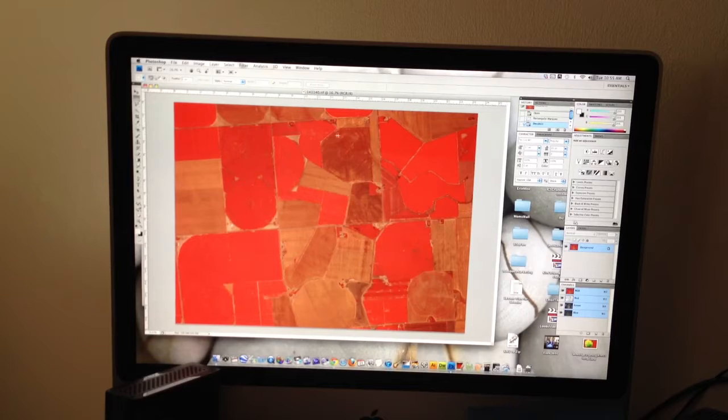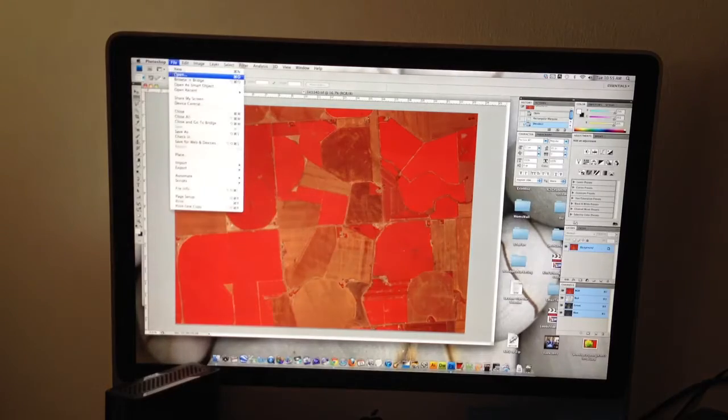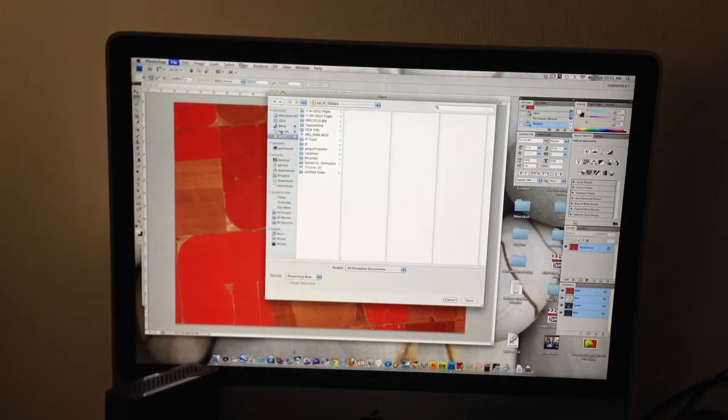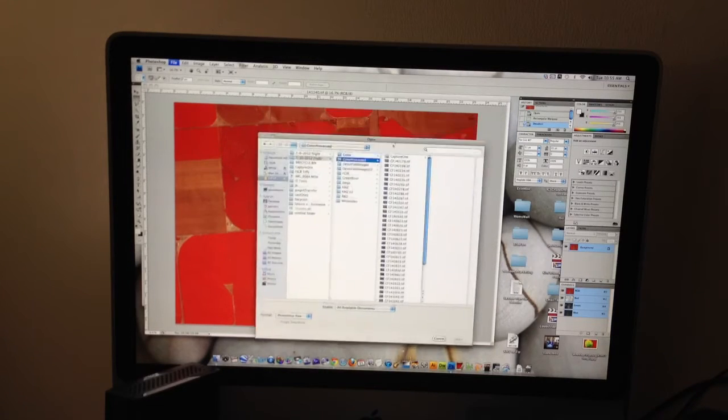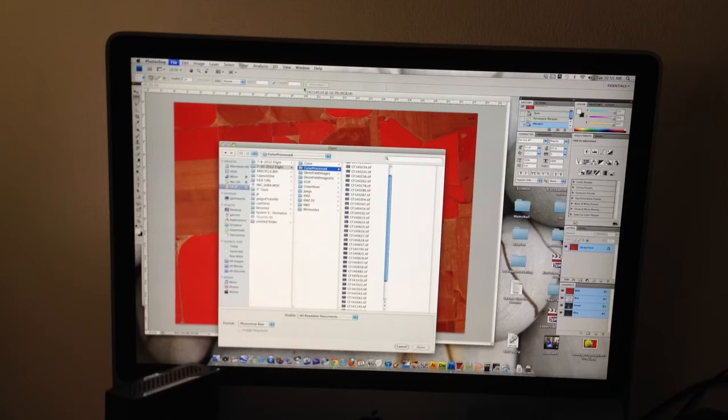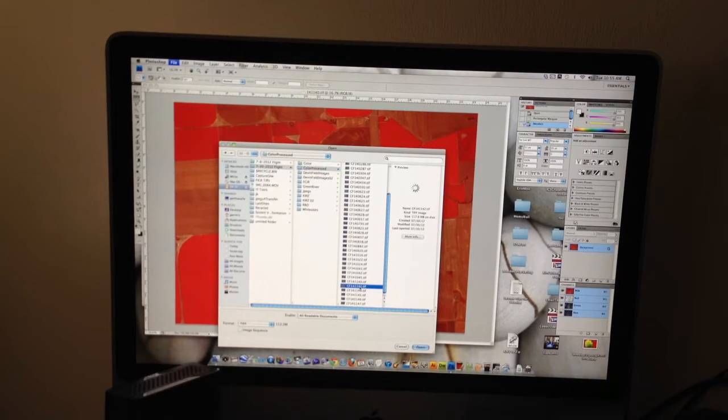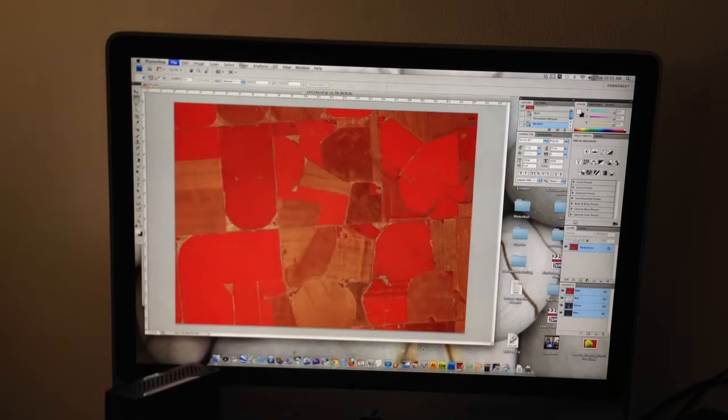And now what I need to do is import the color image into this fcir. So File, Open, and I go find the processed color image, and fortunately we don't really have to reference anything except for what we've already named this fcir, and it ends in 140. And so I open that up,